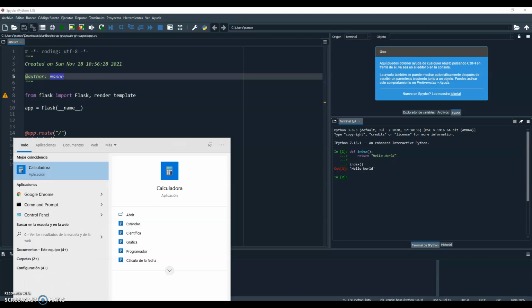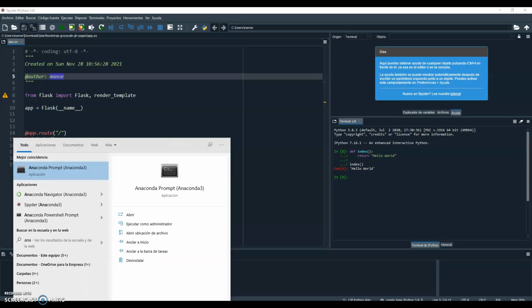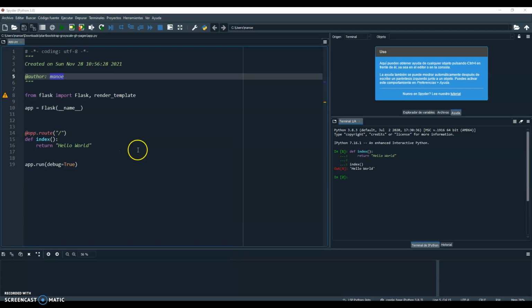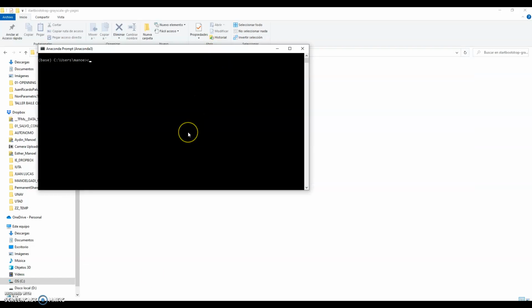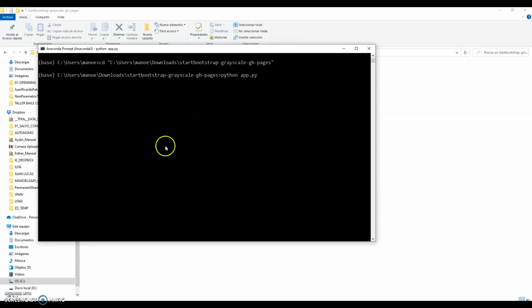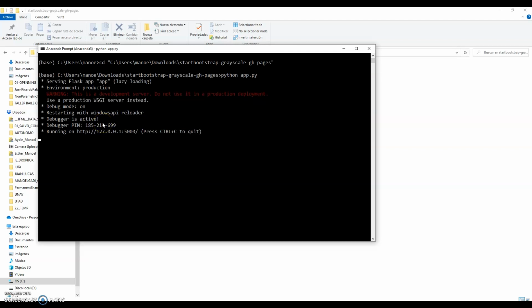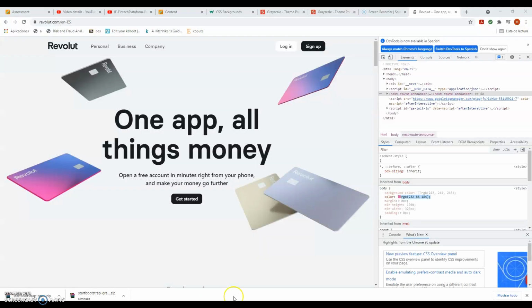So this is in Anaconda prompt in my case. So I'm gonna run Anaconda prompt. Gonna again go to the directory, cd, open like this with quotes, and then I'm gonna say python app.py. This is gonna start the server, and it's gonna tell me the address I need to open. So I do Control-C here, go to the browser, and I can open in the browser, and I get the message hello world. Not very useful, but